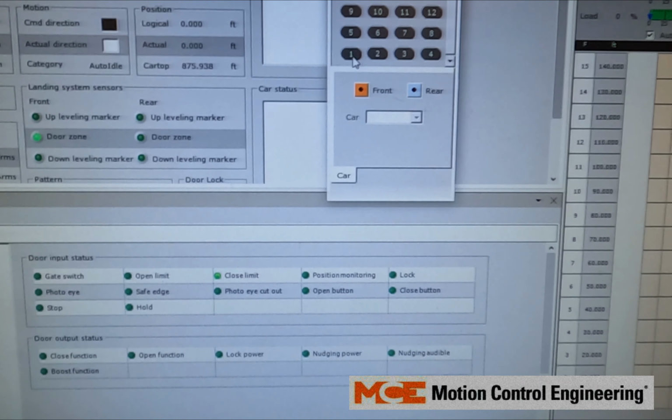So when the doors are fully open, open limit should be high. And if people are passing by, photo eye would be high. You can check your open button here to see if someone's pressing it, the close button as well. See our nudging power, lock power. So if you're still having issues with the doors opening or closing, and you do actually get the functions here on your iView,